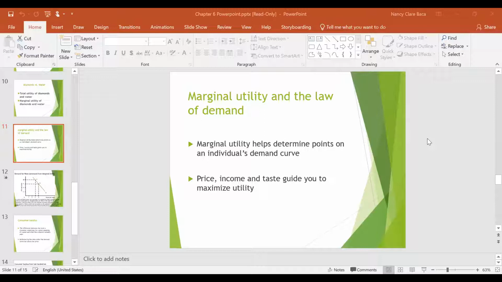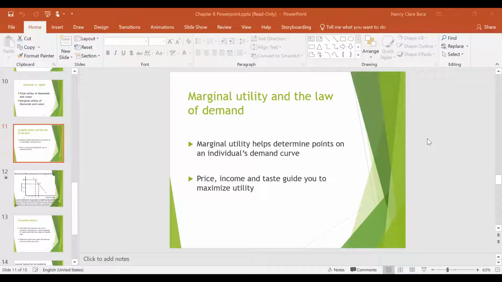So now we're going to make a connection between marginal utility and the law of demand, which says that there's an inverse relationship between price and quantity. I think this is an interesting connection to make. Your marginal utility actually helps determine a point on your individual demand curve for every single solitary good out there. The combination of the price, your income, and your taste for that good